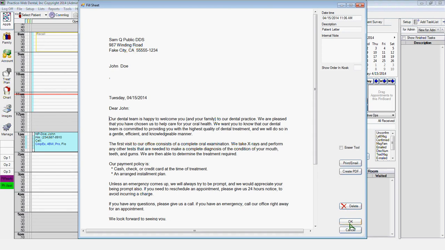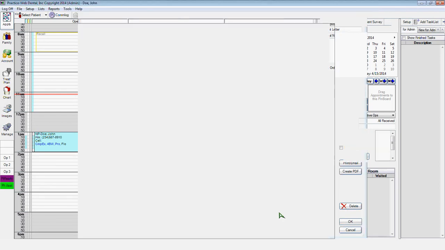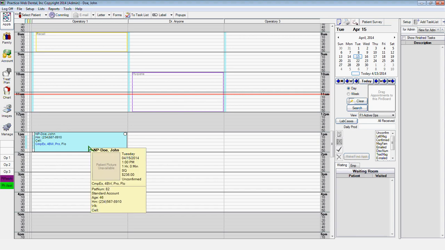Now I'm going to go ahead and click OK to save this. And notice I now have a new patient appointment. When you use all of these features together, the way they're designed, you can make a new patient account in 6 mouse clicks. That's it. That's all it takes. Now, I'm going to pause right here for a moment, and I'm going to allow you